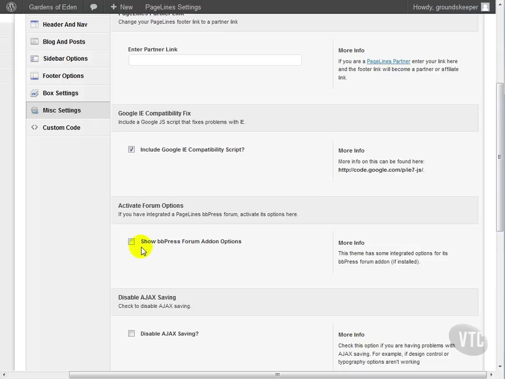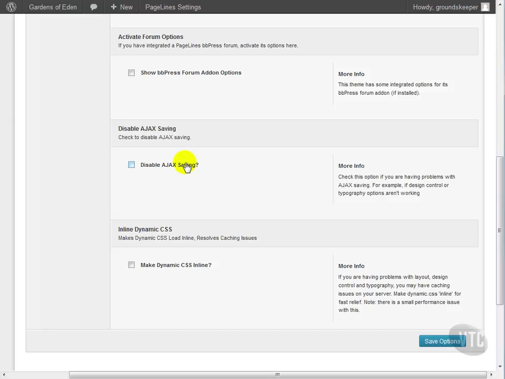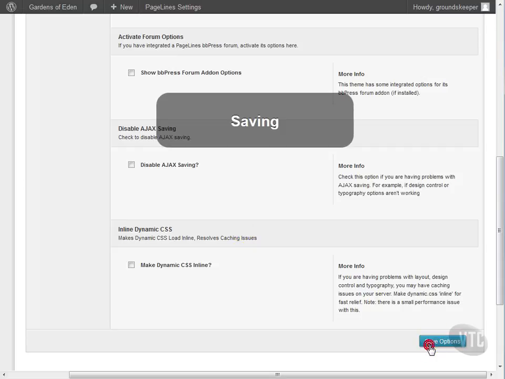We can show the add-on options for bbPress forums if we have a bbPress forum installed and integrated with PageLines. Since we don't have that, we're not going to check that. We can disable Ajax saving. If certain things aren't working, you can do this to troubleshoot it. And we can make dynamic CSS inline. That's also if you're having issues with CSS, you can check that and try to narrow down the causes. So we'll save those,